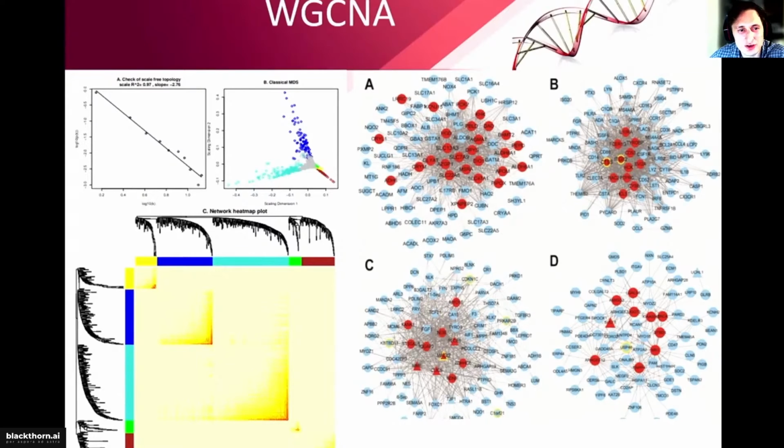And also an important thing about WGCNA: you can find the most connected genes in every cluster. They are on the fringes of the MDS analysis. You can find them, and the genes which are most connected within your pathway. So probably if you want to affect some pathway, you can start from these genes.